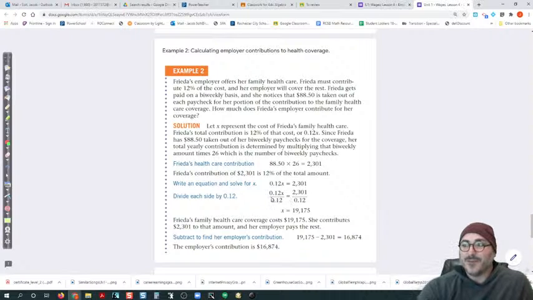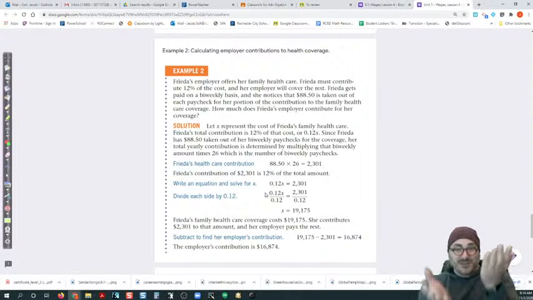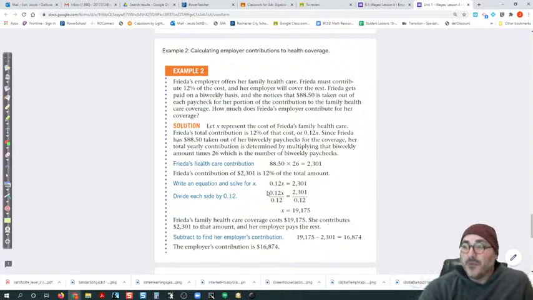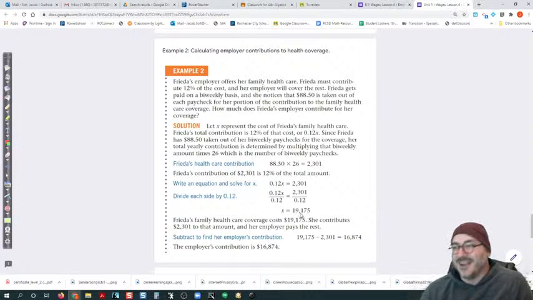So we're going to divide by 0.12 on both sides of this equation because remember, equations are like a balance beam. If you do something to one side, you've got to do it to the other. We're dividing by 0.12 on this side because we want to get this to be equal to 1. A number divided by itself is equal to 1, which means we can ignore it. But if we do it on this side, we've got to do it on the other side. So we find that X, throw that in your calculator, 2,301 divided by 0.12 is equal to 19,175. So the total value of this health insurance is